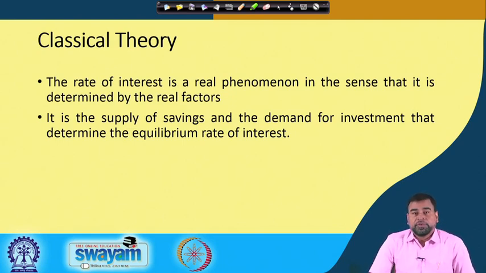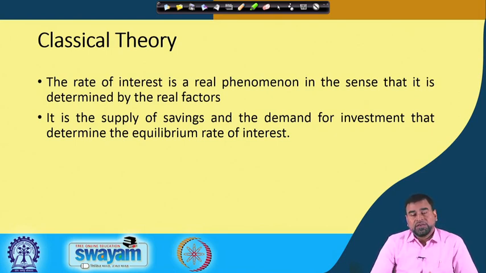So, already we have explained the real and nominal interest rate. There are certain factors which are real, that means monetary factors do not play any role in the determination of the interest rate in the market. That is what the classical theory assumes. So, interest rate itself is a real concept, determined by real macroeconomic variables available in the system. So, how is it determined?